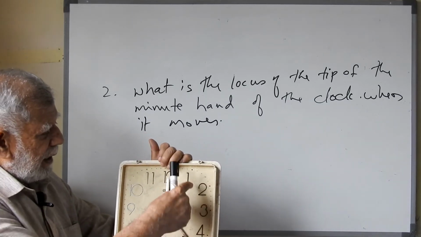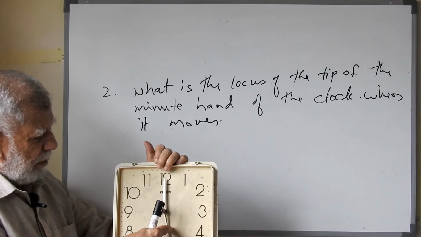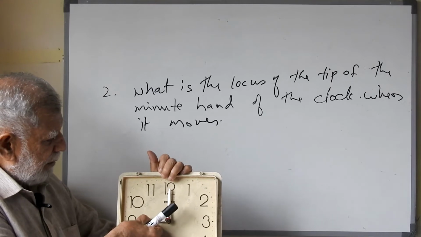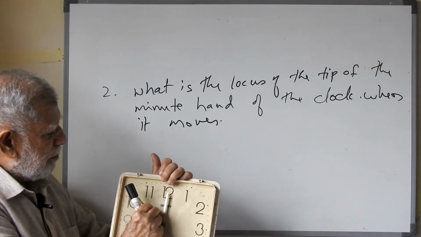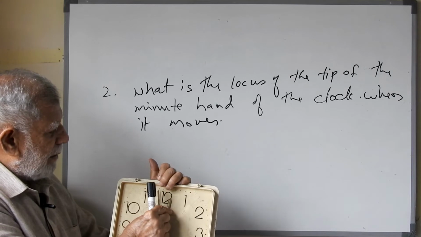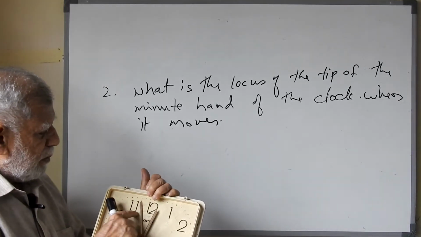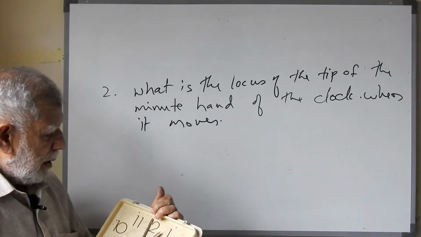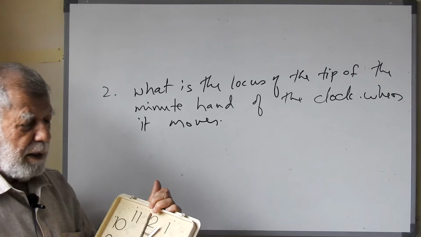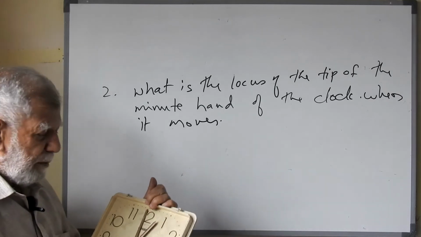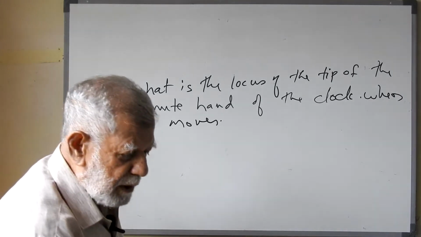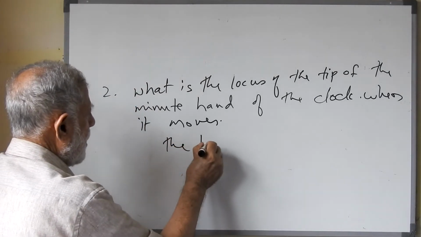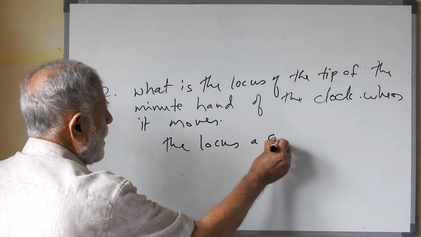So when it comes like that, can you see the tip is moving? What is the locus? What is the path that the tip of the hand is making? When you observe carefully, you will notice that it is making a complete circle. So the locus of the tip of the minute hand of the clock is a complete circle. The locus is a circle